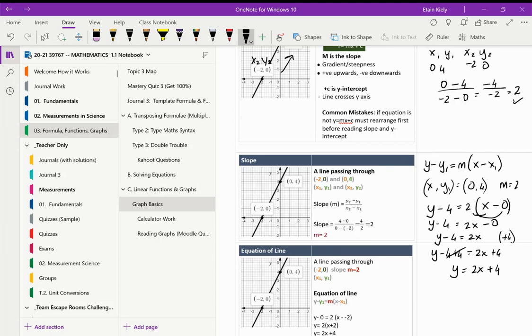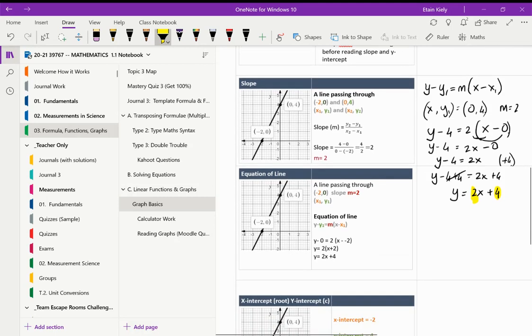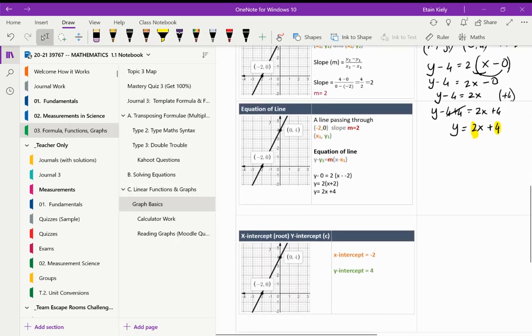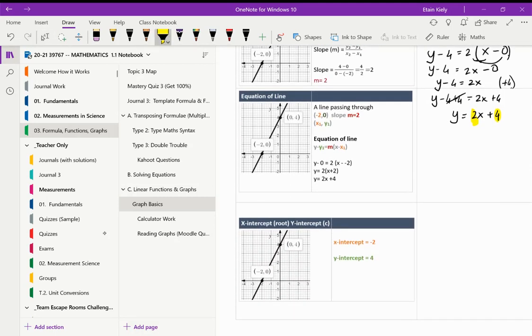So let's have a look at what this means. Here we have the value in front of x, once it's in this format, is the slope. And this value here is the y-intercept. So it's the point at which it crosses the y-axis. If we have a look at this graph, we can see here, this is where it cuts the y-axis, which is 4. And we can see that the x-intercept, where it cuts the x-axis, is here. So now when we have